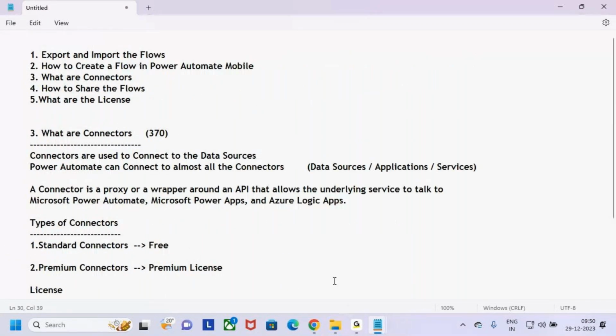So like this, you can go and perform all these operations in the Power Automate. And let me go and stop here for now. Let me stop the